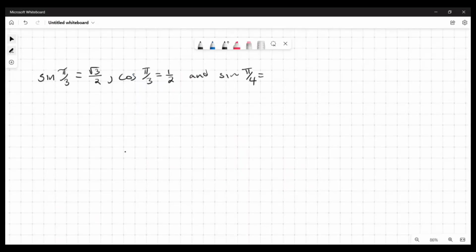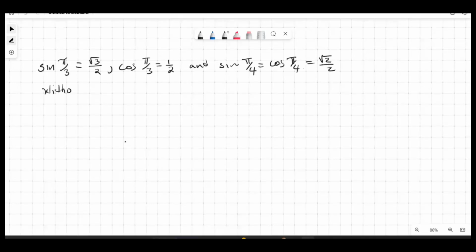is equal to cos of pi over 4, and this is equal to root 2 over 2. So the thing is, without using a calculator,